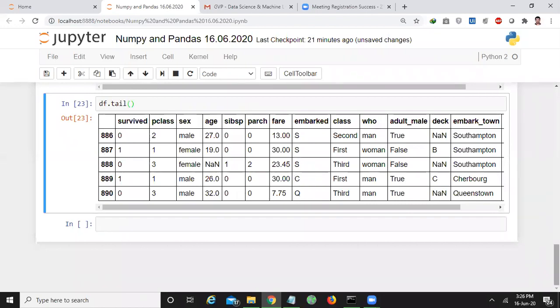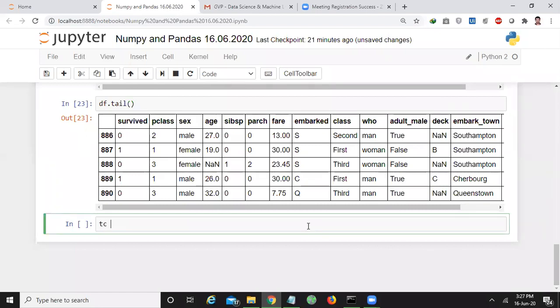Now let us see the functions we have. First I want to check the correlation. TC is equal to df dot corr, correlation.